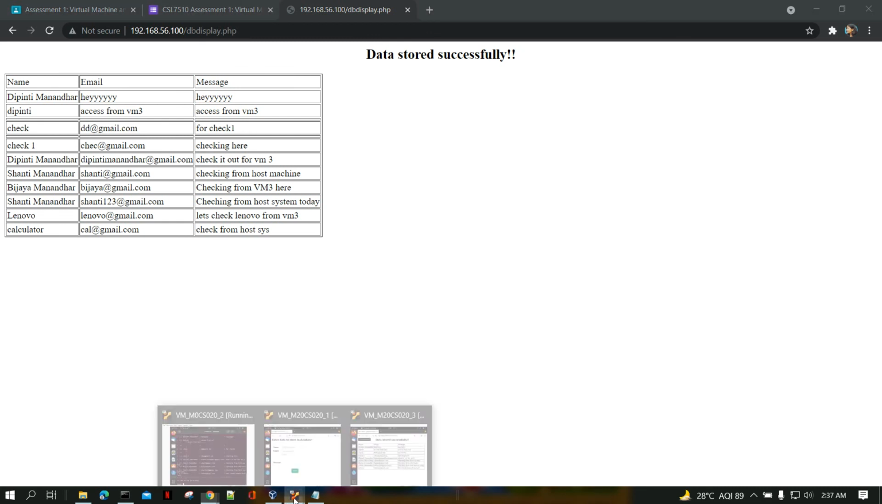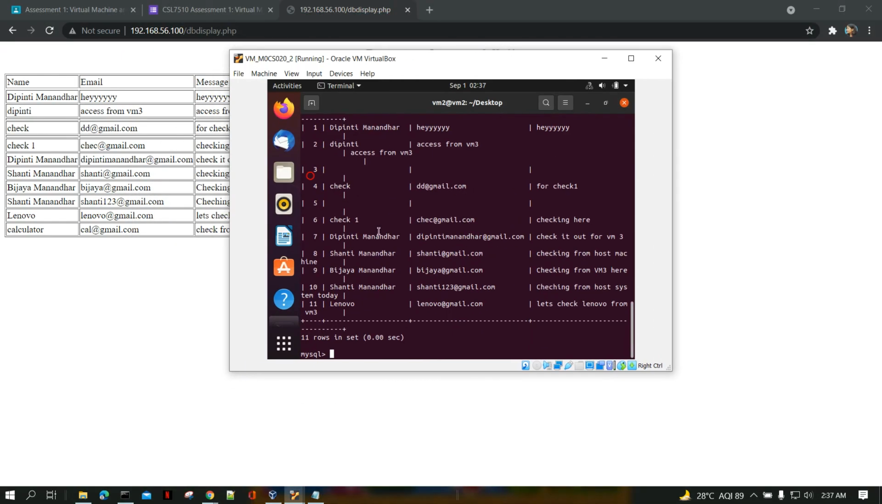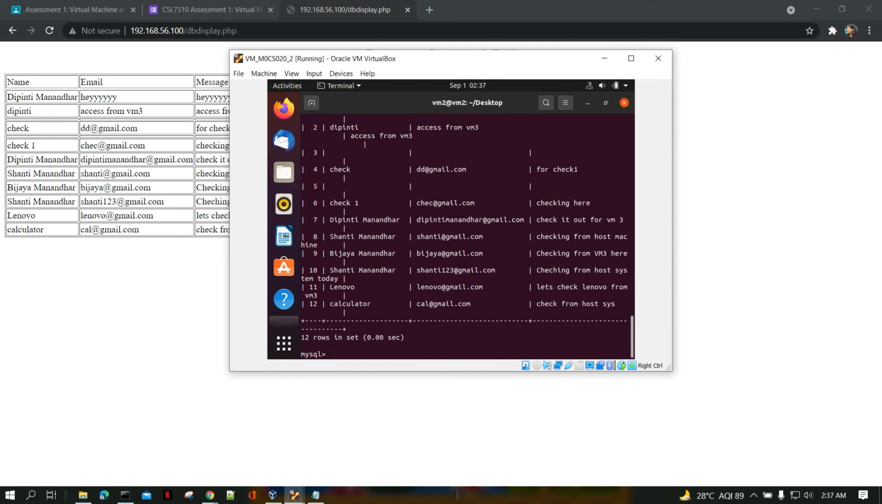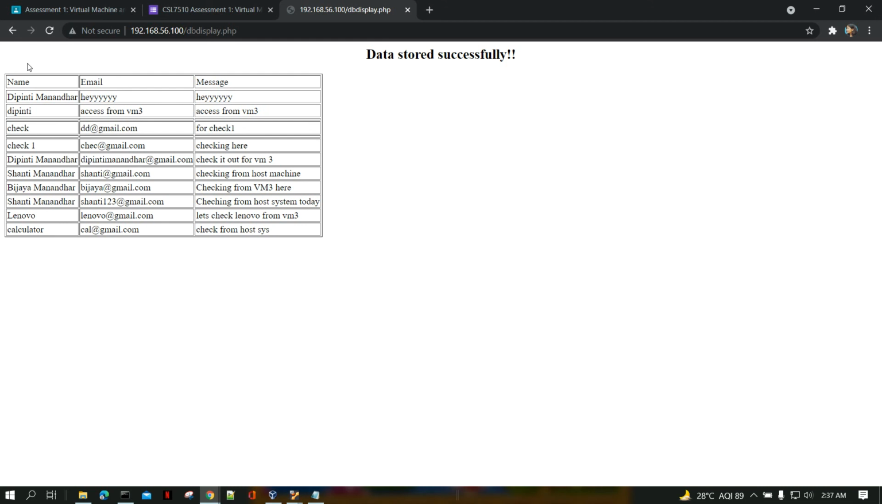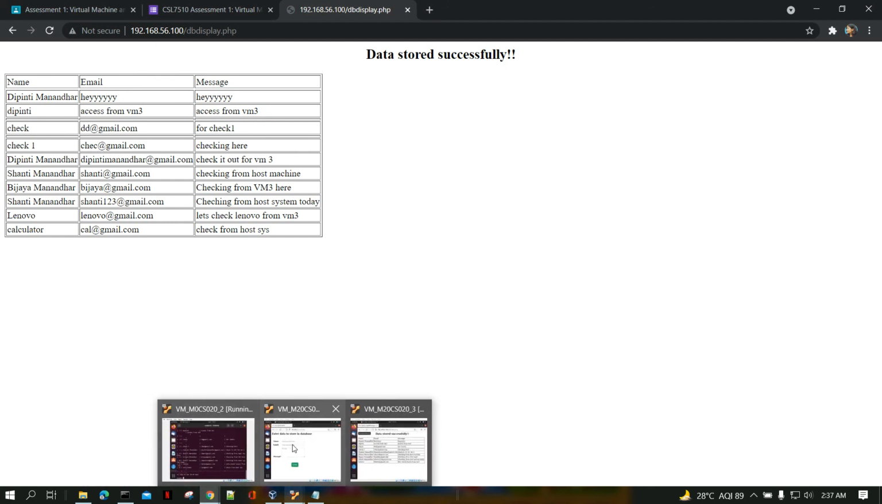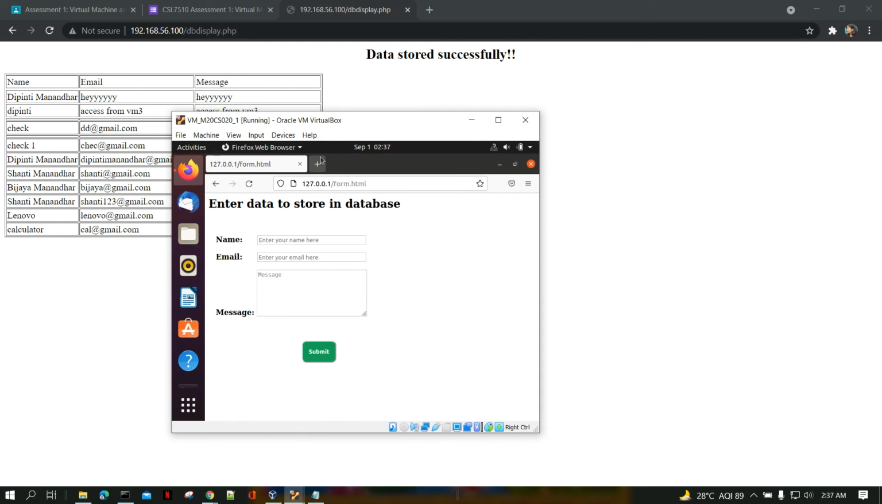Now let's check it in our database by again writing the same query. Select all from user details. Here we can see that the data has been stored, calculator, properly. So here we can see that even though this web application is deployed in virtual machine 1, we are being able to access this website and its database, which resides in completely different virtual machines,